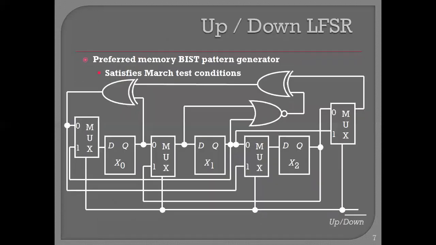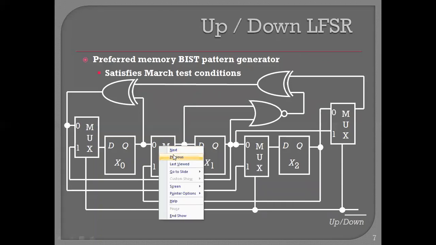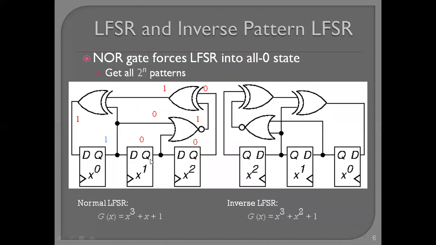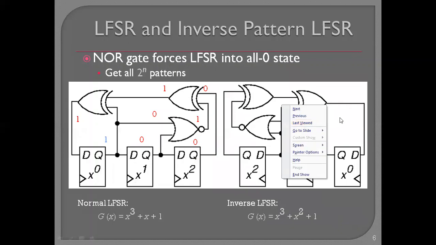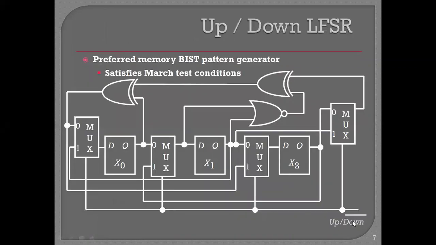So if I combine it into a single thing, we can simply change it to the same structure coming into one, where a control input is there, up and down. Up means if this signal is 1, it is going to be configured as the first configuration which we were having in the previous one, that is shifting from left to right. And if this is 0, that is down is asserted, then it is going to shift in the opposite